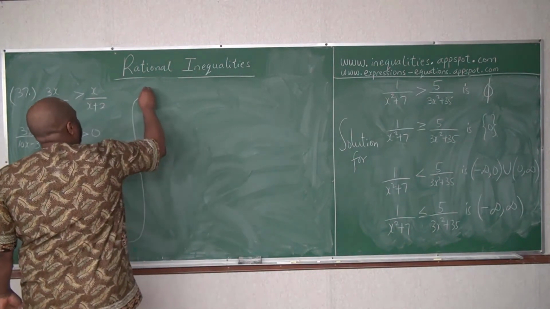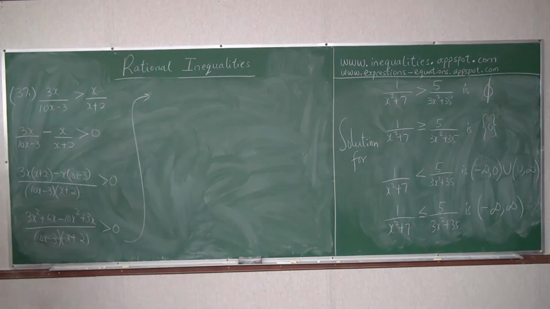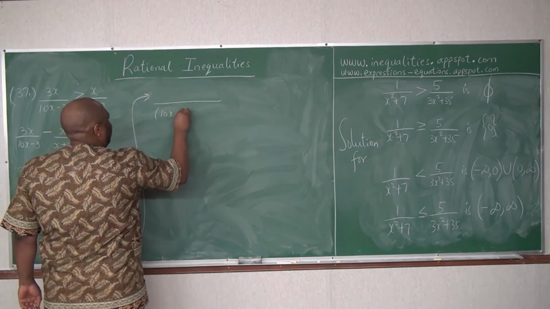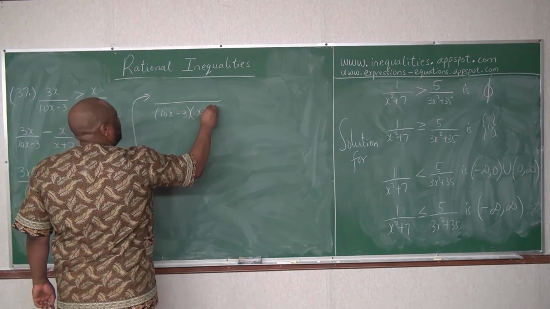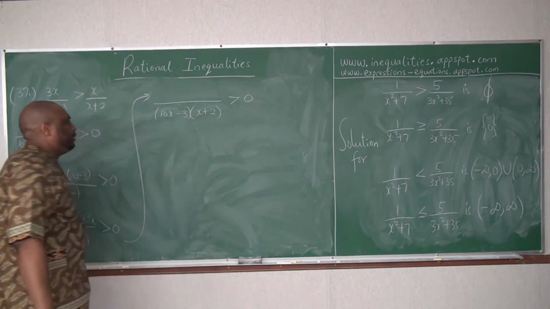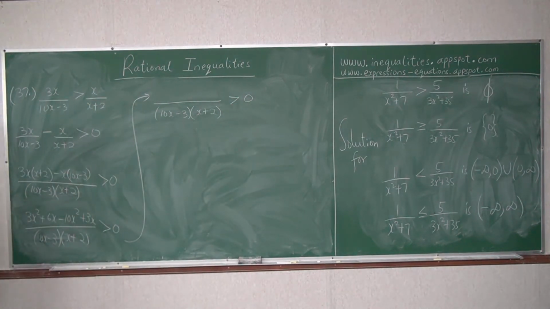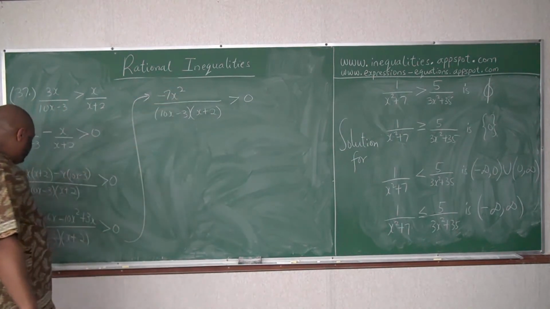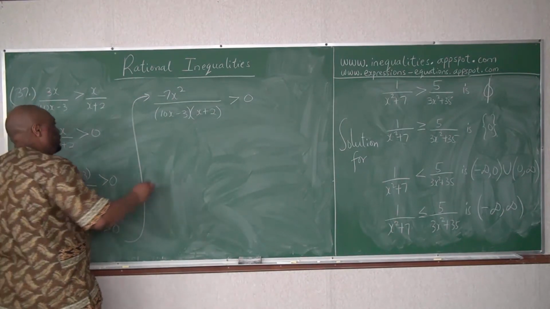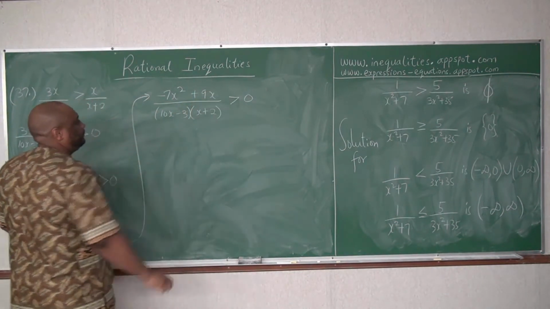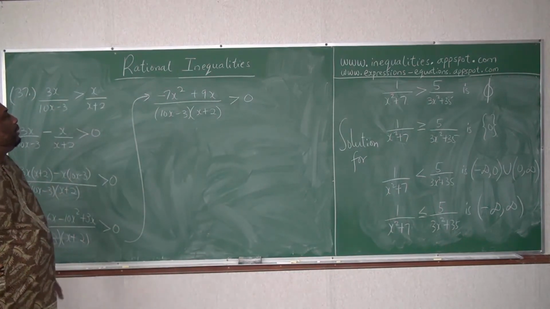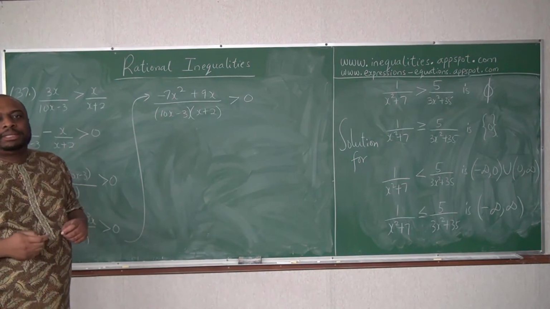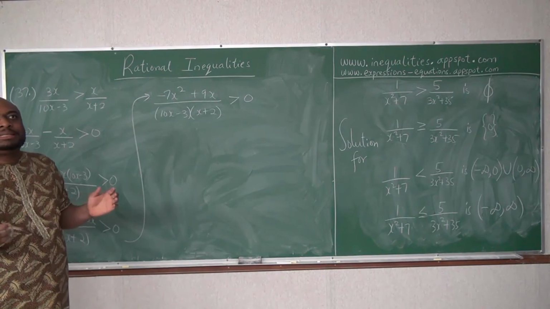So from here, let's write the denominator, 10x minus 3 times x plus 2, and we write here greater than 0. 3x squared minus 10x squared is minus 7x squared. 6x plus 3x is plus 9x. So we've gotten that. Now let us get the test points, and let's get the numbers that are not in